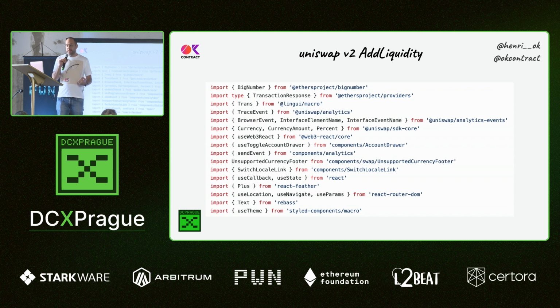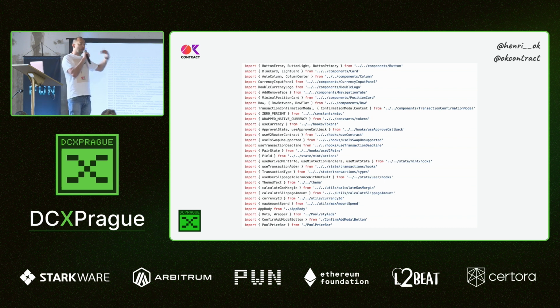And those 500 lines rely on a very huge amount of components and libraries. So you'll see here you have a custom, of course, analytics package. There's React, there's Web3.js, there's Ethers as well, both of them. And Web3 React, there's a lot of dependencies. And then we have lots and lots of components and hooks. We see, for instance, to calculate slippage, to calculate margins, to list the different contracts that we are interacting with,